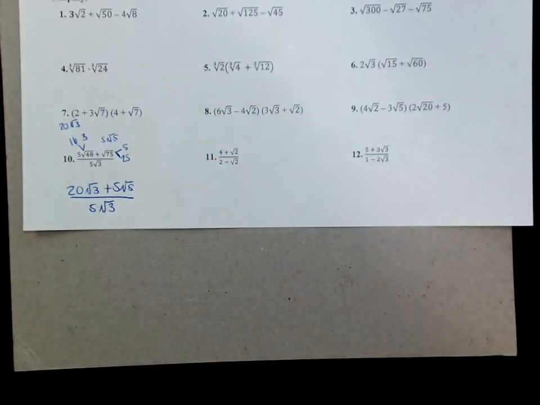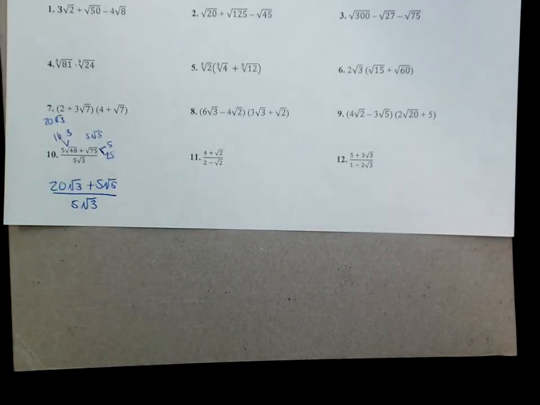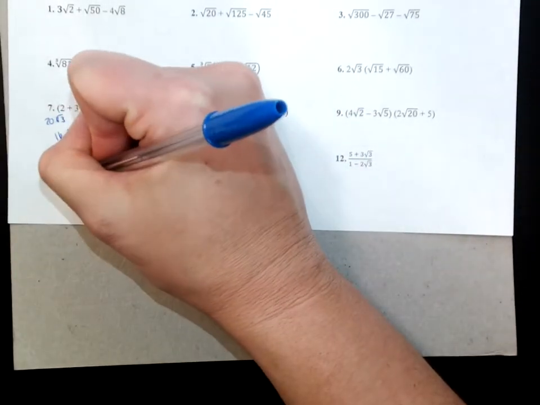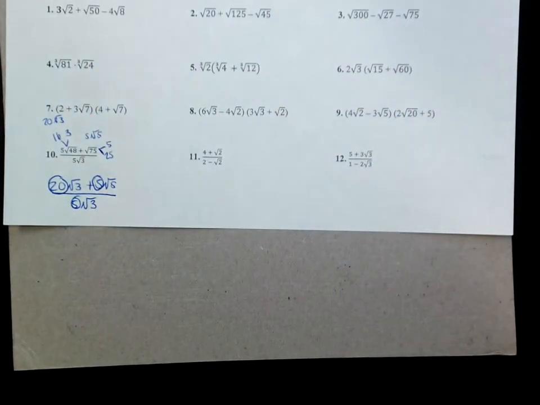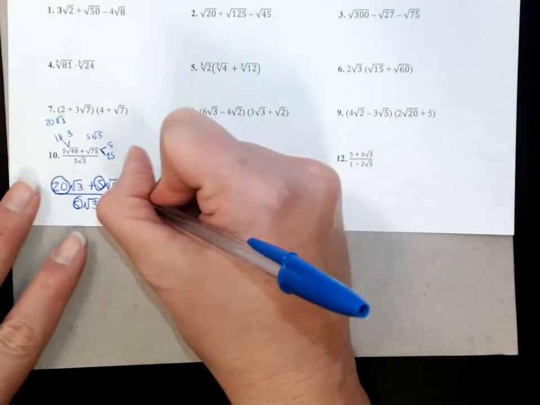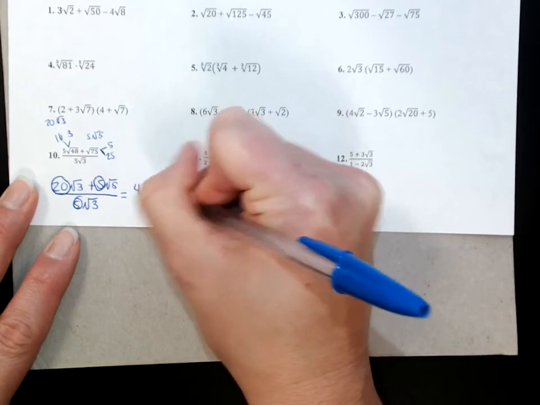Okay. So there are, again, several things you could do here. We could start by trying to clear the square root out of the denominator if you wanted to. I can't combine these top things because those are not the same square root. But look what you have here. You have a 20, a 5, and a 5. Okay, so one of the easiest things to do would be to go ahead and simplify all those by 5. That turns this question into 4 square roots of 3 plus the square root of 5, all divided by the